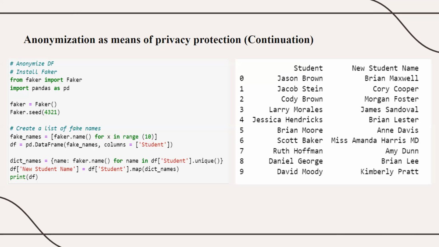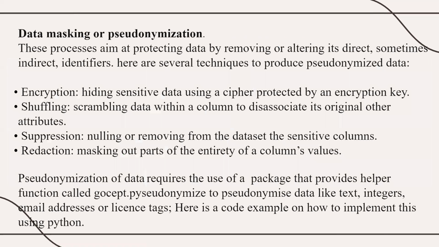These names are just fake names generated by this particular Python package. In most cases, we make use of these fake names instead of the original ones. Mind you, this particular package can also reverse these fake names back to the original ones. So this is just a way of anonymization, which is one of the most effective means of privacy protection. Moving forward, we'll be talking about data masking and